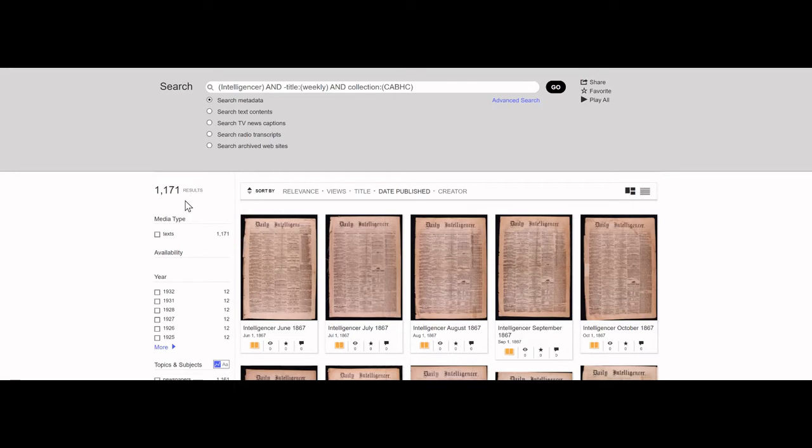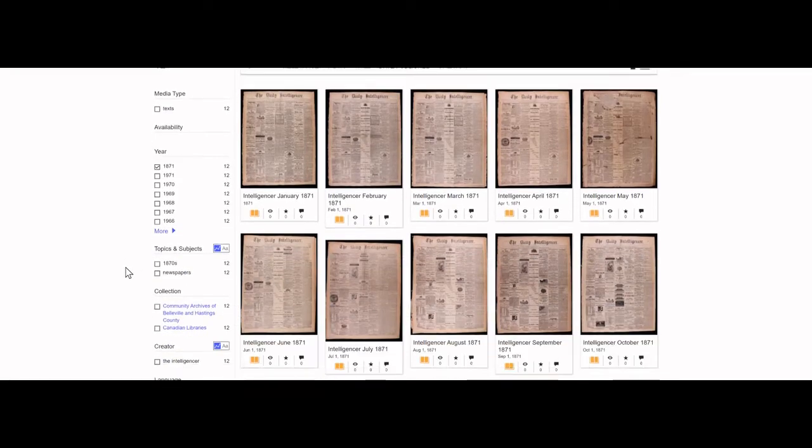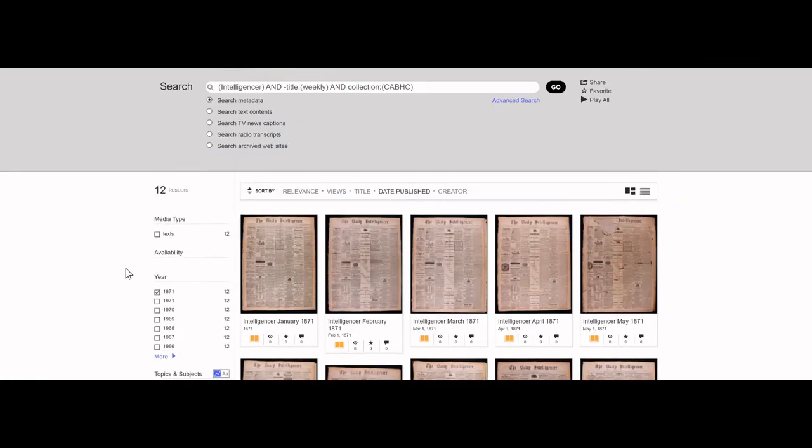Let's say, for example, we want to take a look at how you can search now within each of these newspapers. Let's go to our date filters, our year filters, and let's go to 1871 and apply this filter. We're now looking only at the publications for 1871. There should be 12 of them, and there are. Let's say we want to use January 1871. There's some individual or event in January of 1871 that we want to research. Click that,